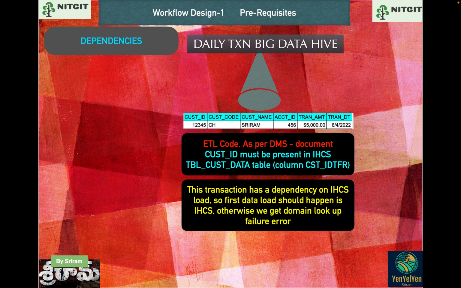Another example is country data and currency data. If today's country or currency data is not loaded, and we get some transactions with a different country which is not present in the customer lookup, then there's a problem. So that's where the dependencies come in. Dependencies help you to schedule sequentially what dependents you have to load first, and then what independent items can be loaded later or in parallel. That is the second point in the prerequisite.